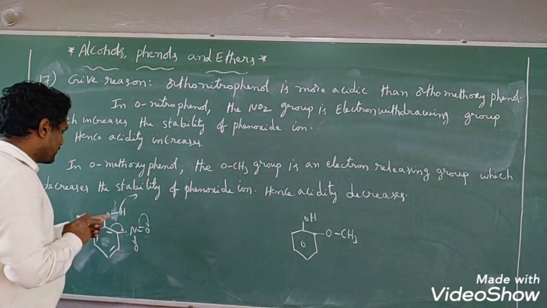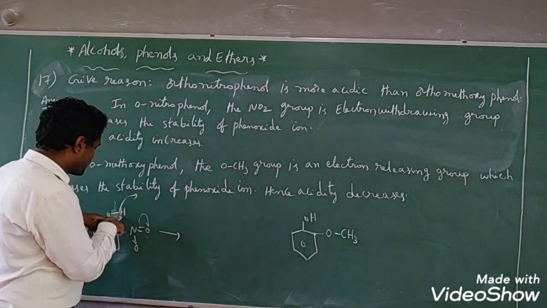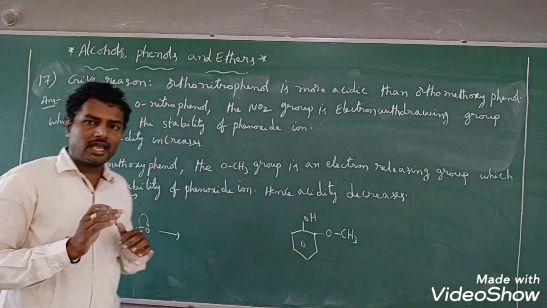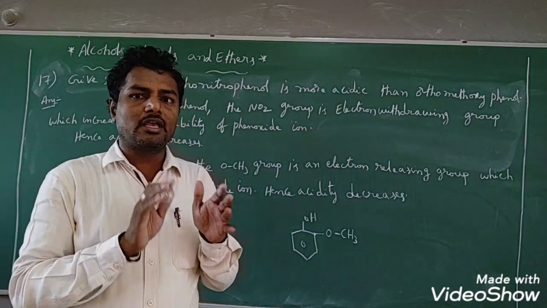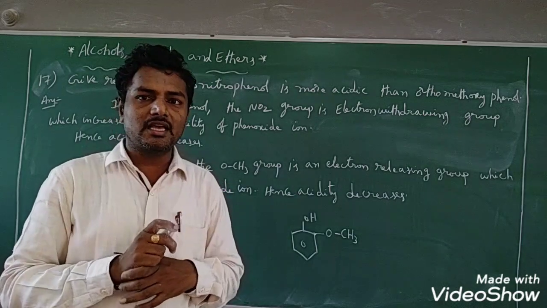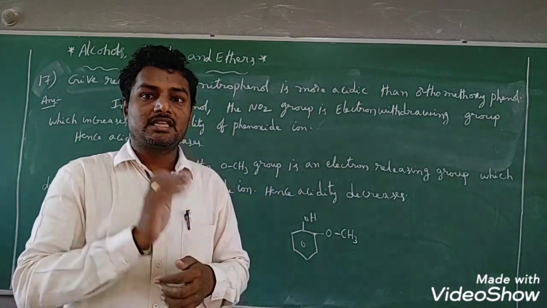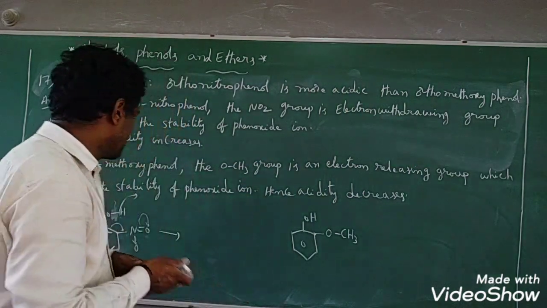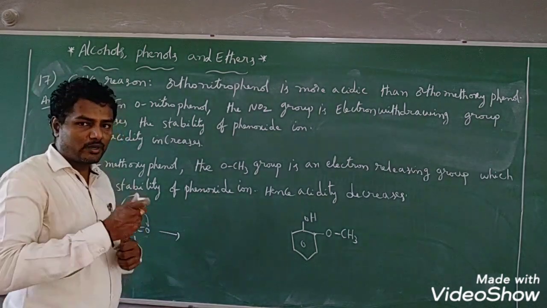And that too, after removal of the H plus ion, we have one idea. Among the following, which is more acidic? The substance which can release the H plus ion readily is more acidic, right? Here this substance is more acidic than this substance. I am telling you how it is.